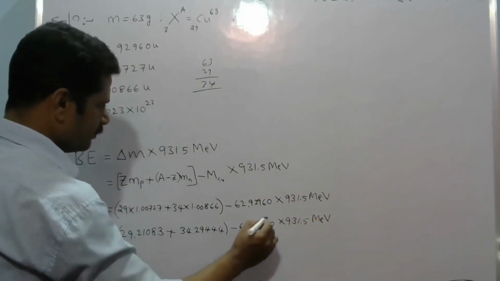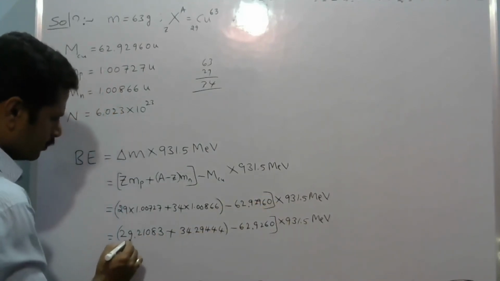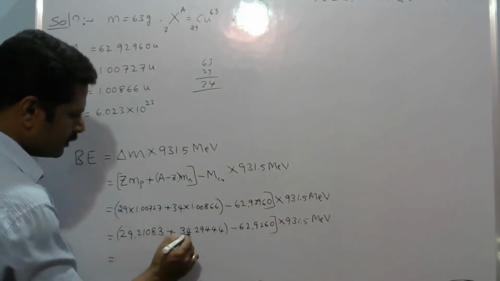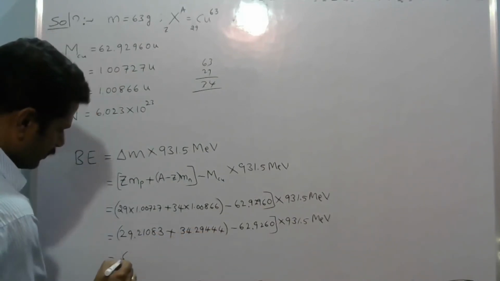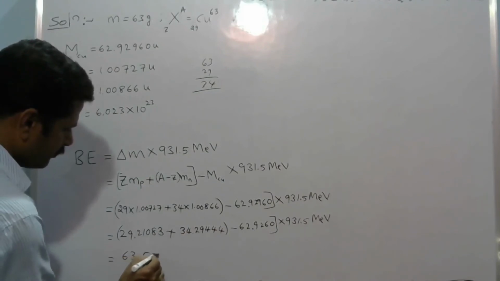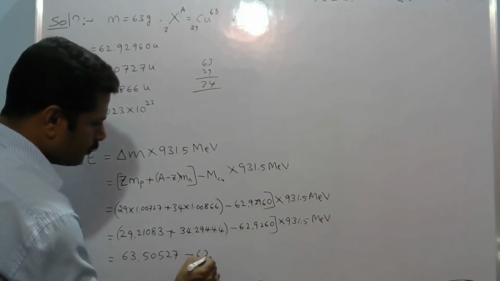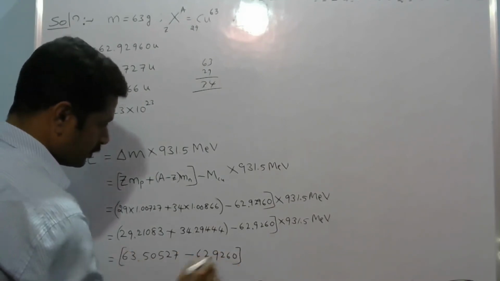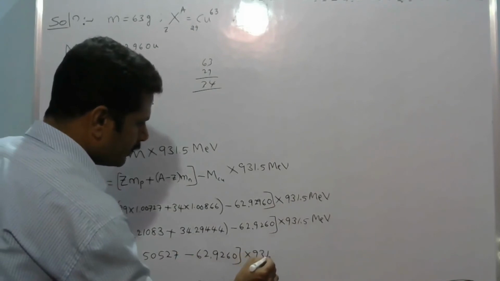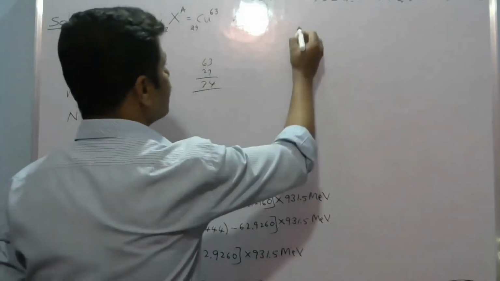So now let me simplify this one. That is 29.21083 plus 34.29344 is equal to 63.50527 minus 62.92960 into 931.5 mega electron volt. When you simplify, we get the binding energy equals